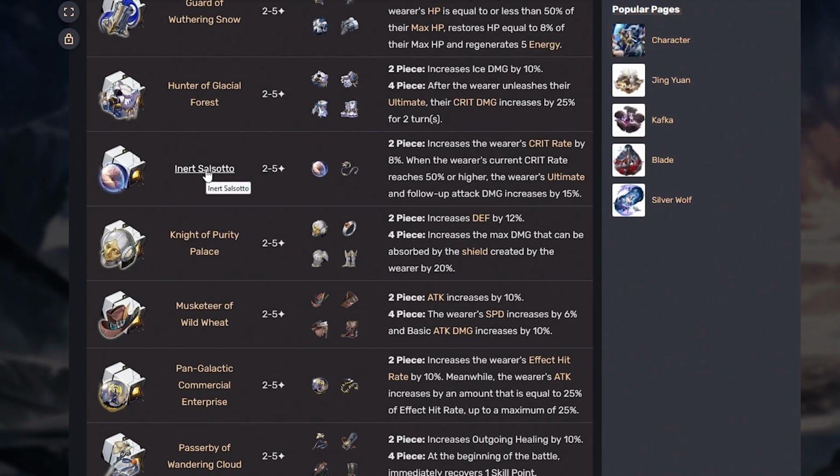But for planar ornaments on this, you can go for Inert over here, which is 2-piece, increases the wearer's crit rate by 8% when the wearer's current crit rate reaches 50% or higher. The wearer's ultimate and follow-up attack damage increases by 15%. Obviously, JING YUAN is a follow-up character. That giant stand from JoJo's, you know that. That thing is going to be the follow-up attacks that are procced, so keep that in mind. This will be a very good